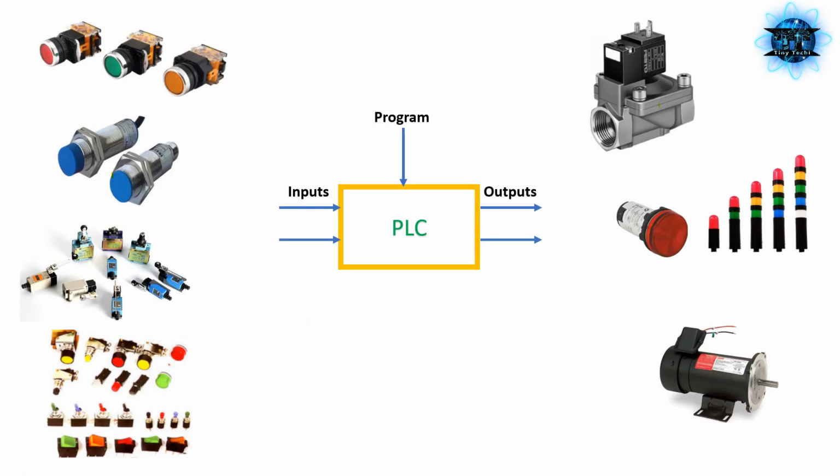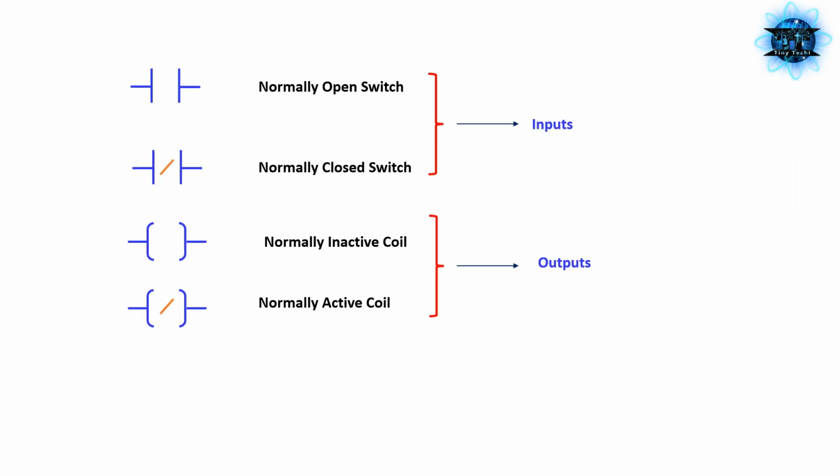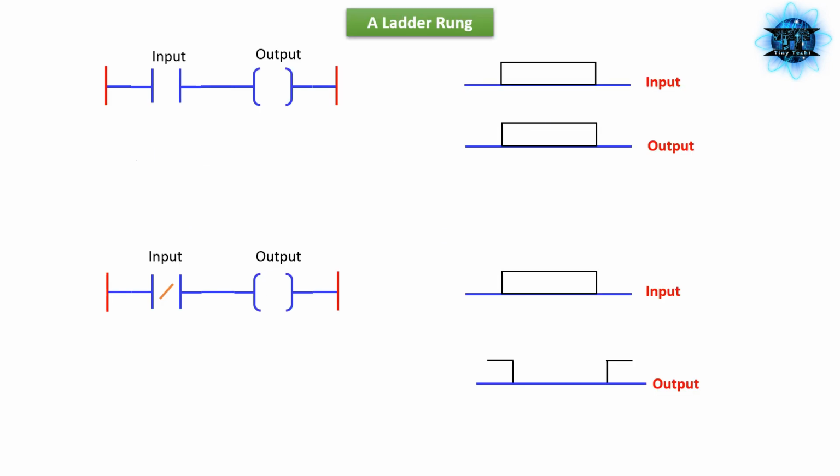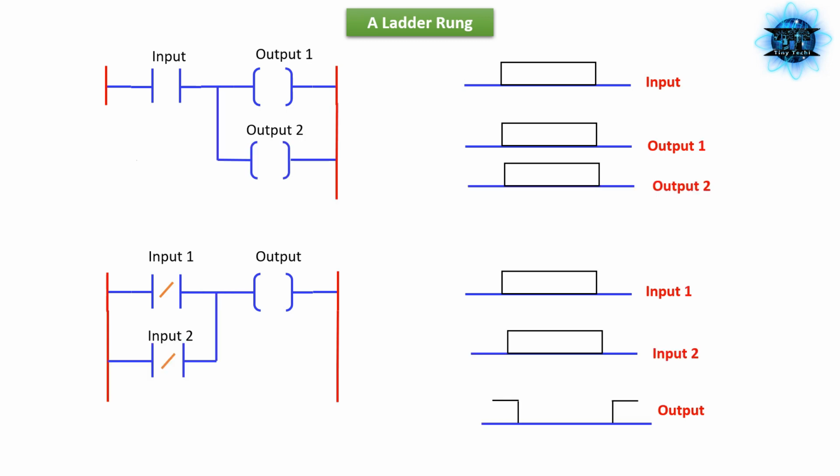Each rung must start with an input or inputs and must end with at least one output. The term input is used for a control action, such as closing the contacts of a switch. The term output is used for a device connected to the output of a PLC, such as a motor. Each rung of ladder language typically has one coil at the far right. Some manufacturers may allow more than one output coil on a rung.